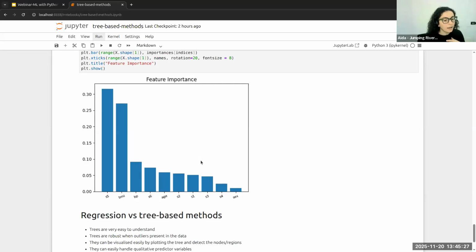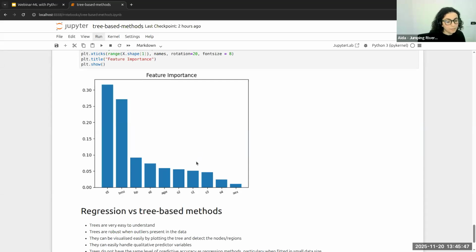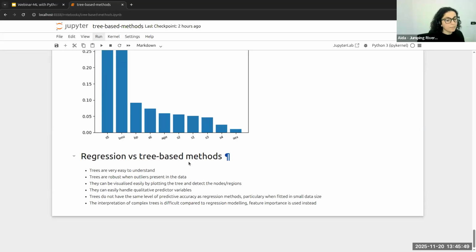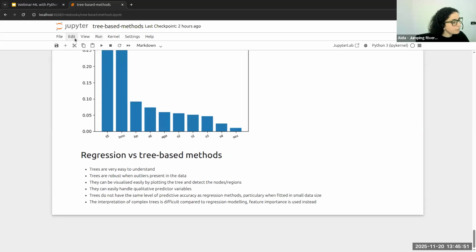The idea is that these methods suffer again from collinearity of the independent variables and so on, so it's something to take into account as well. And yeah, this is what I had prepared for you.